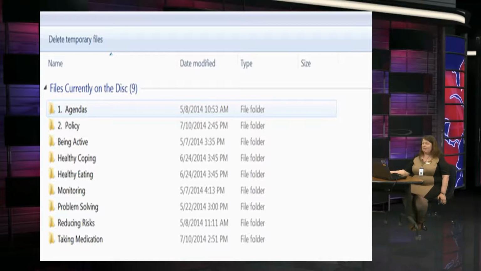Each list then from there is the AADE7, which is being active, where we'll talk about exercise and being active with diabetes; healthy coping and how to reduce stress; healthy eating, the nutritious part of diabetes and how to keep your meal plan what it should be and how eating healthy plays a part with your blood sugars; monitoring your blood sugars as well as the tests and exams you need to have done; problem solving for high and low blood sugars, for sick days, for traveling, for things that come up on a day-to-day basis